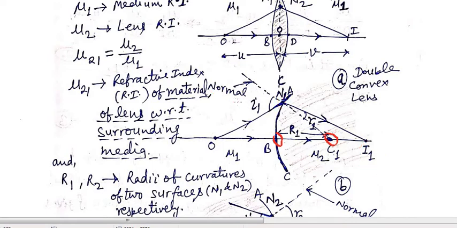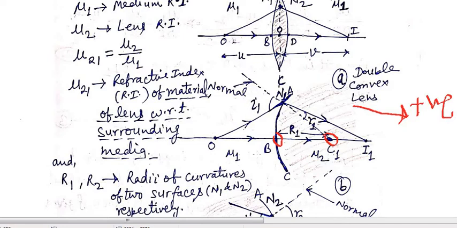Here i is the angle of incidence of the incident ray from the normal, and r is the refraction angle of the normal from the refracted ray. Okay, so here we can observe from the figure that rays are incident from left to right. So we will consider this direction as positive direction. Okay, here I1 is the real image formed for the object O, and for whole process I1 is the intermediate image also.